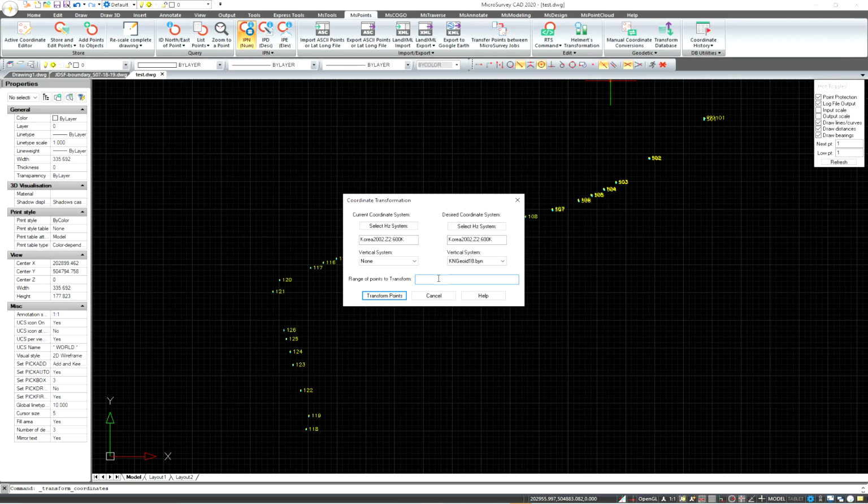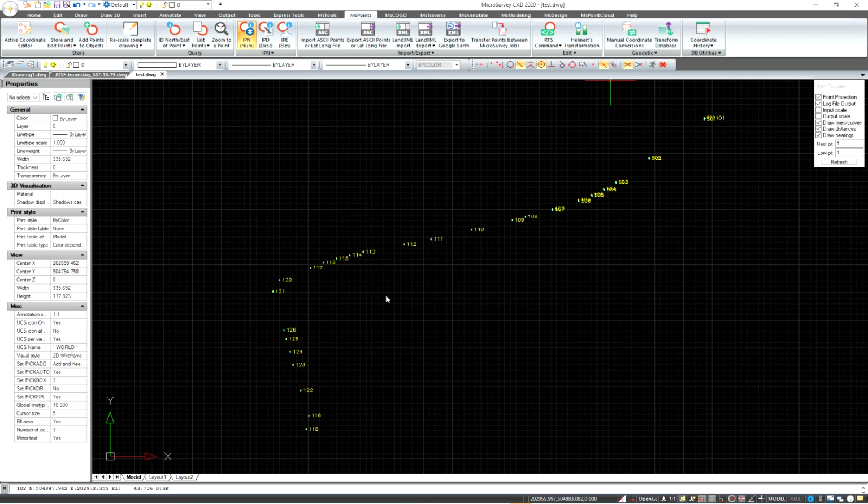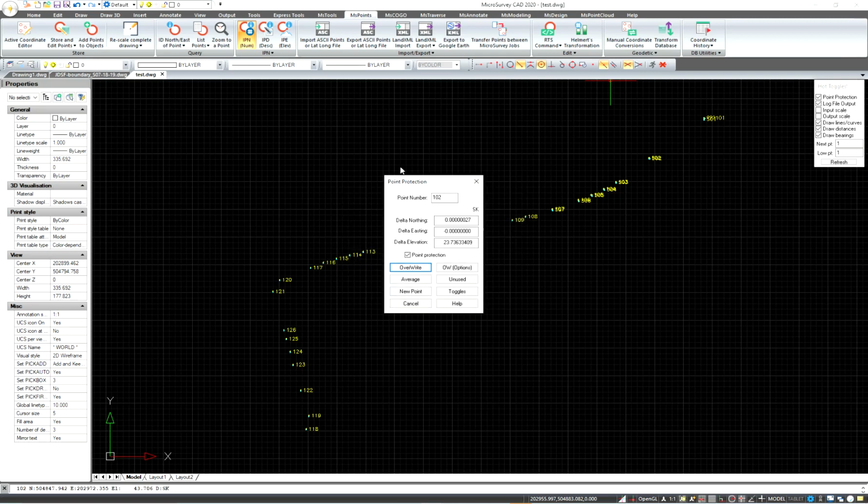my elevations. And it will ask you to enter in the range, so I'll just go 1 dot dot, and I'll use the letter Z as a placeholder, and I'll just input 4, which means that it's going to transform points in the range of 1 to 9,999. And if I click on transform points, it'll start transforming the database, and because we have point protection enabled,